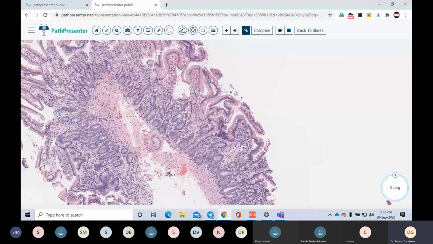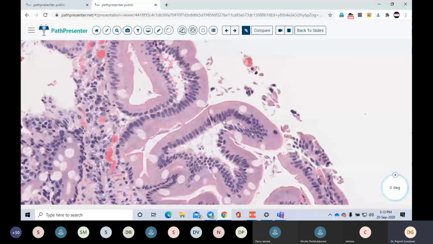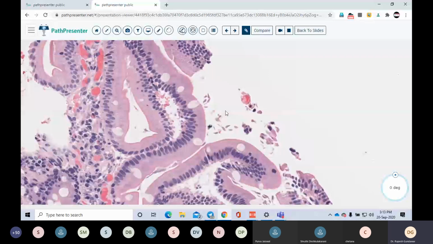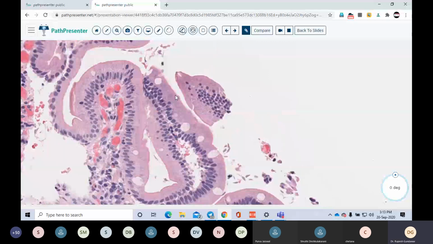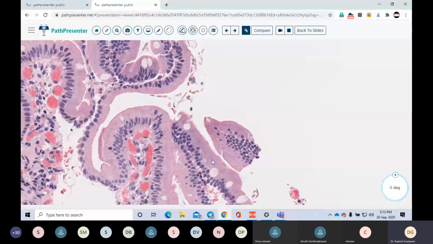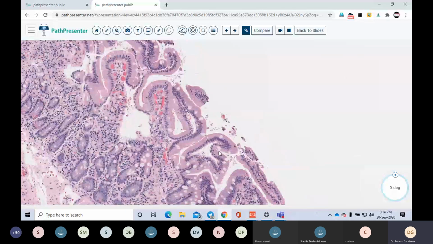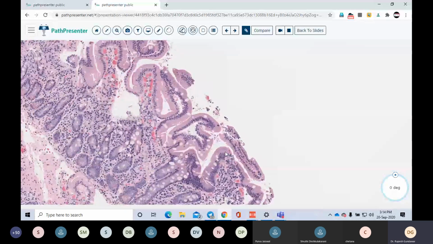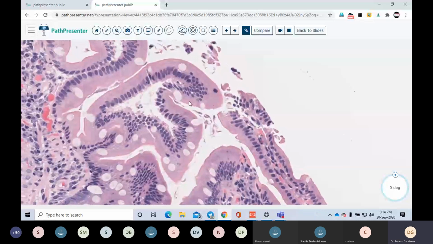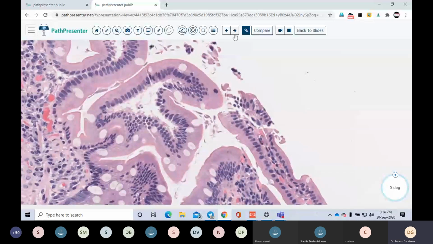before you say this is an unremarkable duodenum. If you see the villus shape, if you are lucky, you will get giardiasis, the pear-shaped organism, not invading but just adhered to the surface epithelium. So this is the case of giardiasis. So even if a biopsy looks normal, always look for the organism. Okay, I will go for the next case.